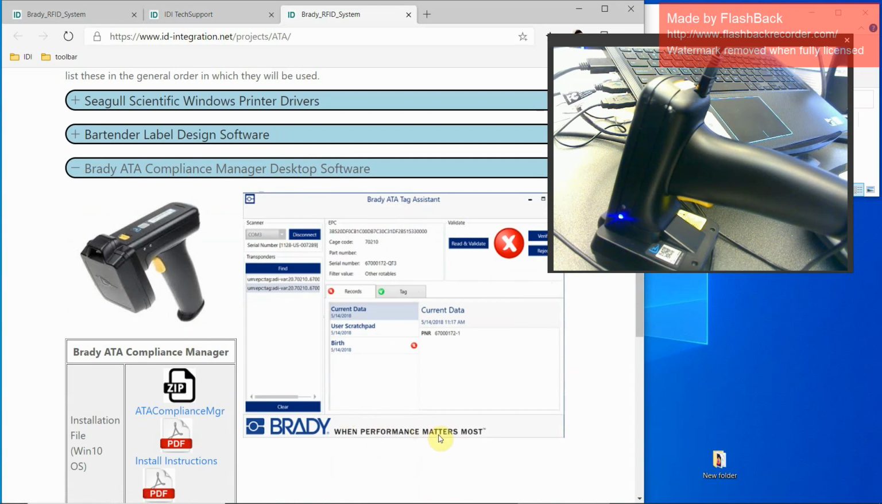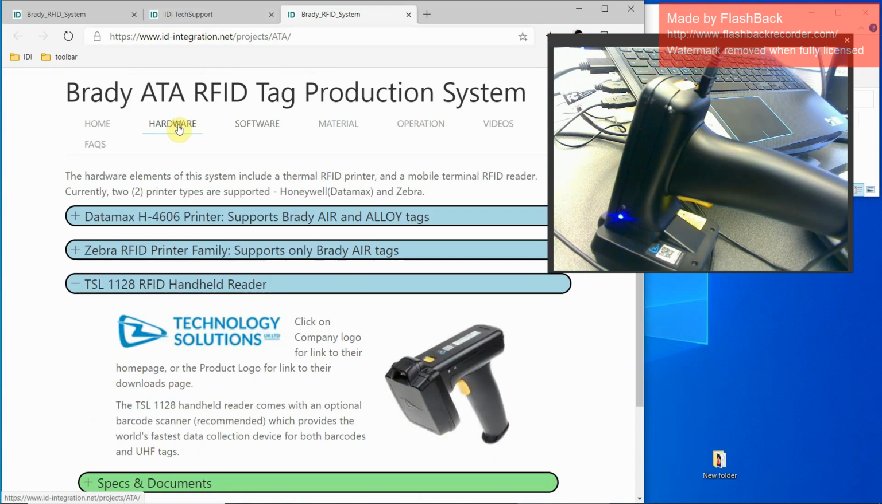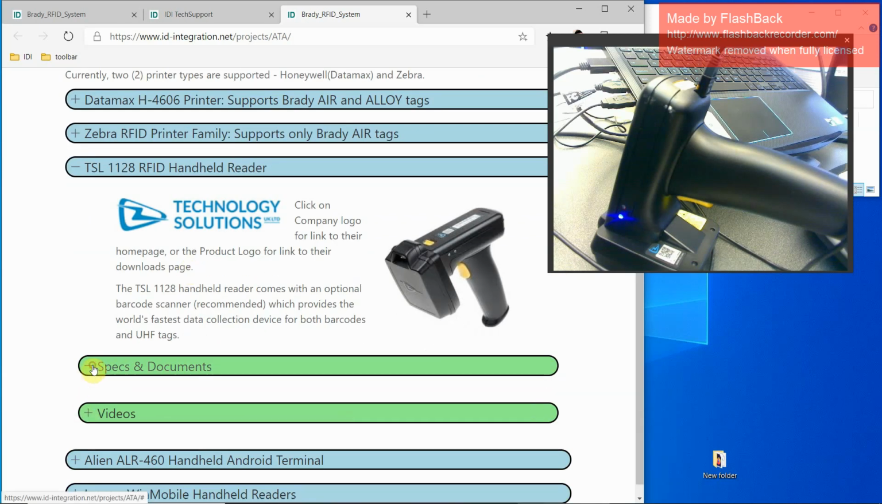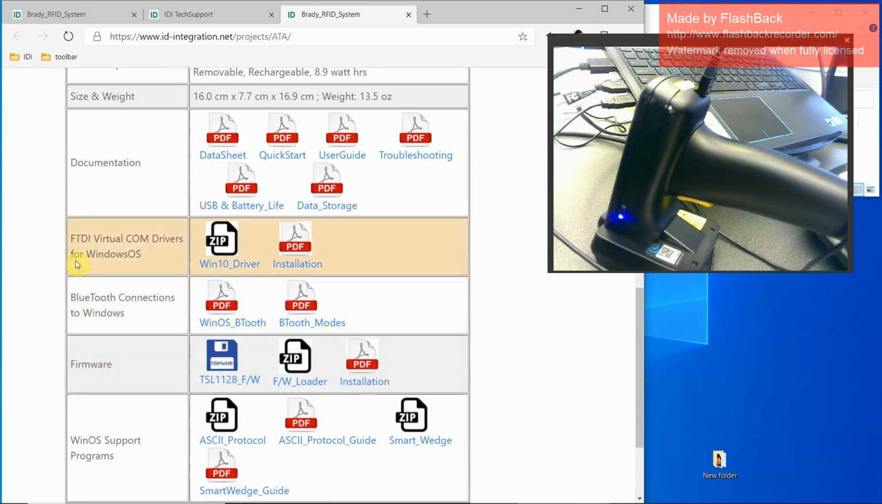we have to make sure that the proper driver for this RFID reader has been installed on the PC. So we go to the hardware section, and under specs and docs, you'll see that there's a section here for virtual COM drivers for Windows operating system. The driver's right here. You can download it and install it,